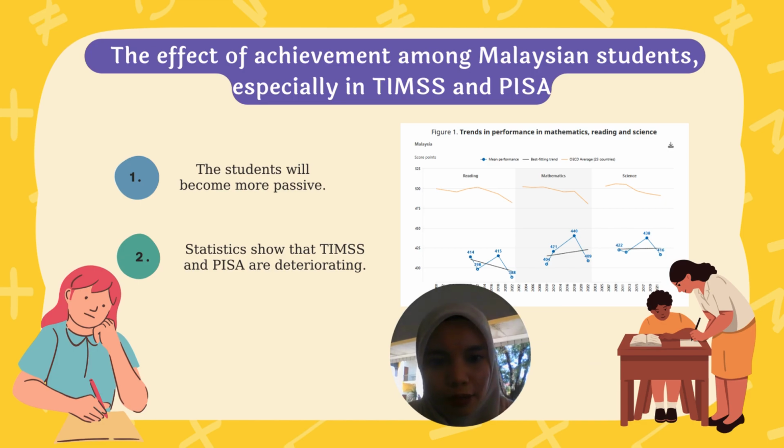Other than that, as we can see, in mathematics, almost all students became weaker over the most recent period, from 2018 to 2022. But high achievers declined more than low achievers. In reading and science, the gap between the highest scoring students, the 10% with the highest scores, and the weakest students, the 10% with the lowest scores, did not change significantly.